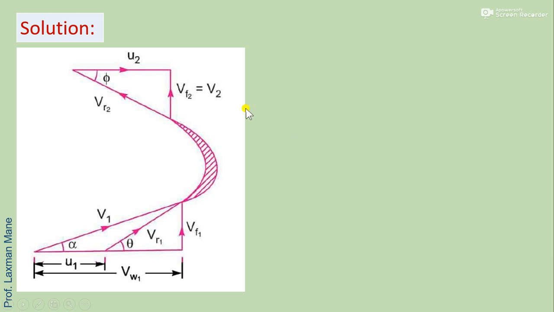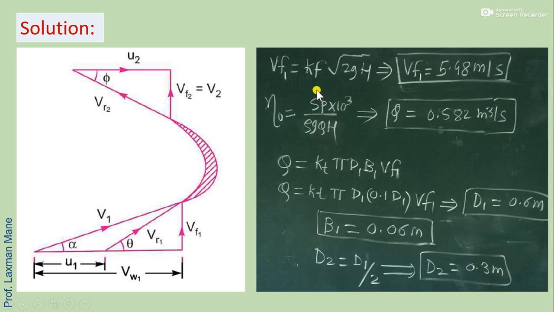So first of all, the velocity triangle diagram. Vf1 is equal to Kf into square root of 2gH. Kf is the flow ratio which is given, and H is known, so Vf1 we get. Overall efficiency is given. Shaft power is given in kilowatt, so here we have to convert into watt, thus we multiply by 1000, divided by rho, density, g, that is 9.81, and H, that is head. So in this case Q is unknown. By arranging the terms we get the Q value, that is discharge, in meter cube per second.